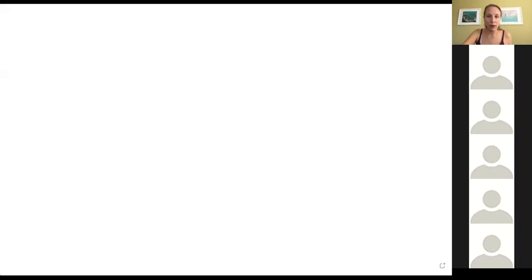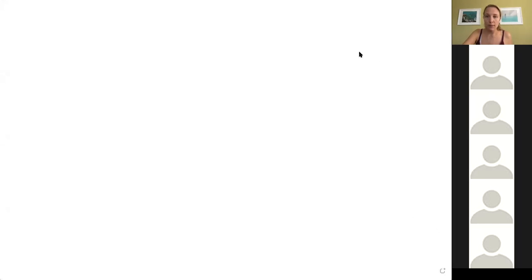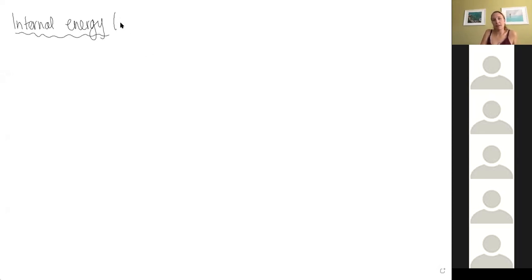So I'm going to get out my whiteboard. This is kind of a brief review slash segue into a little bit of new information. If we look at internal energy, we know that internal energy is defined by this letter U. We've been looking at it for several weeks now. This is a capital U because I'm looking at internal energy, not specific internal energy, which is a lowercase u